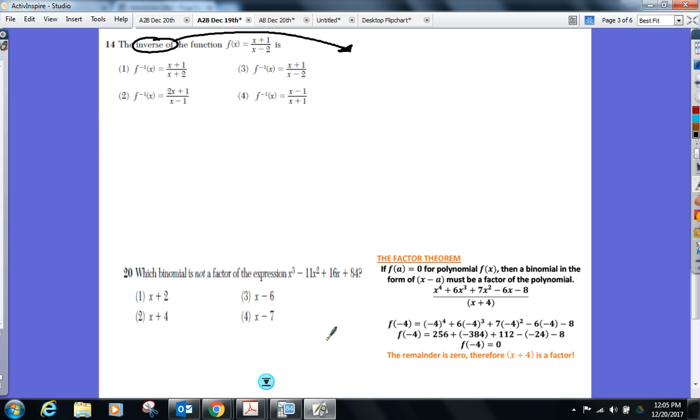Anybody? Come on. X and Y. That's exactly what I think about when I hear inverse. Switch X and Y. It doesn't have a Y though. Or does it? Where's the Y up here? F of X. All right, so all